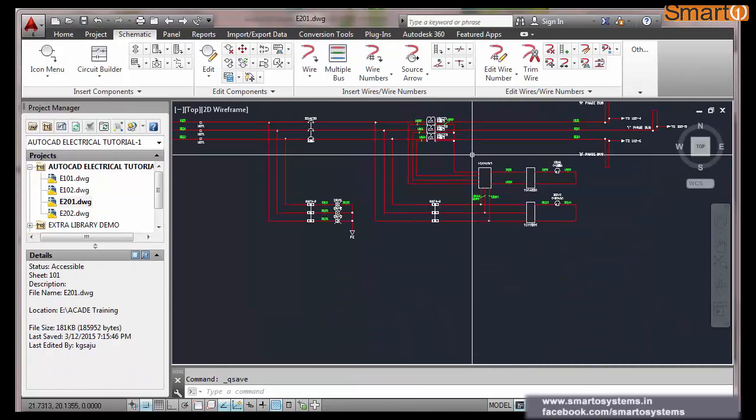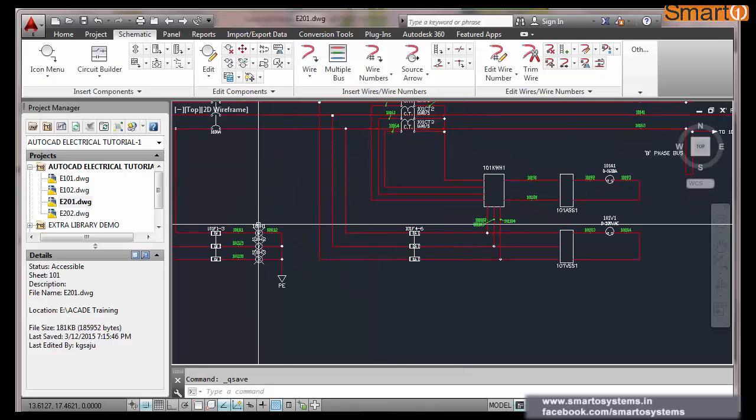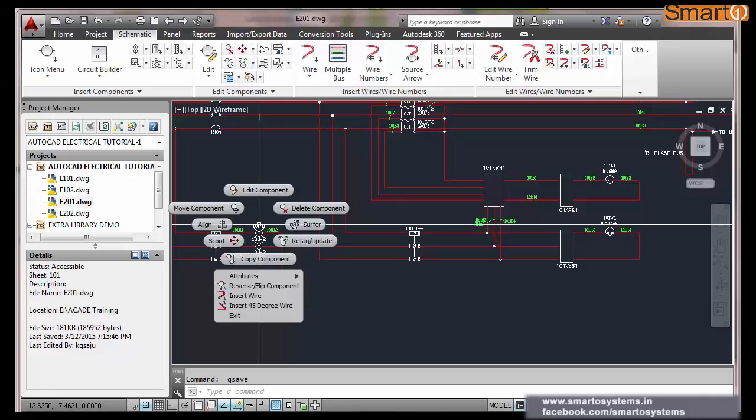But this is 2014, Electrical 2014. Here you see, when I right click, this is one of the major differences which I noted. There are a few others, but this is one of the major differences, nothing else. So these versions 2012, 13, 14 don't make too much difference.